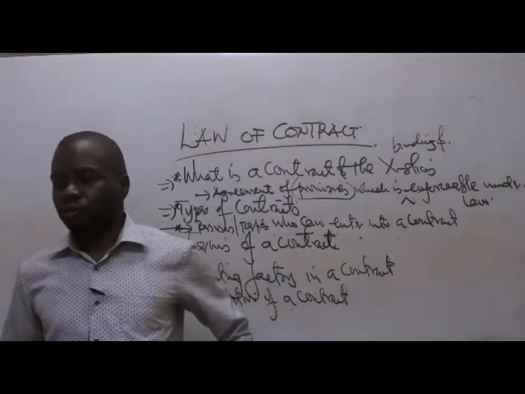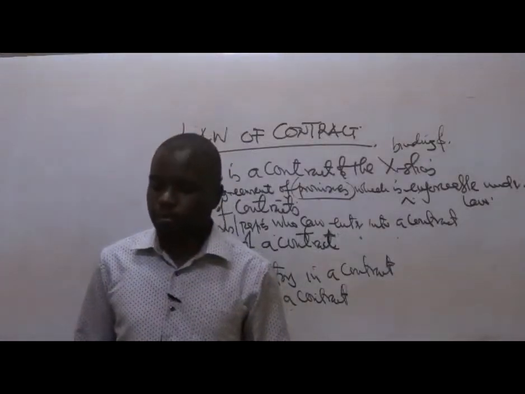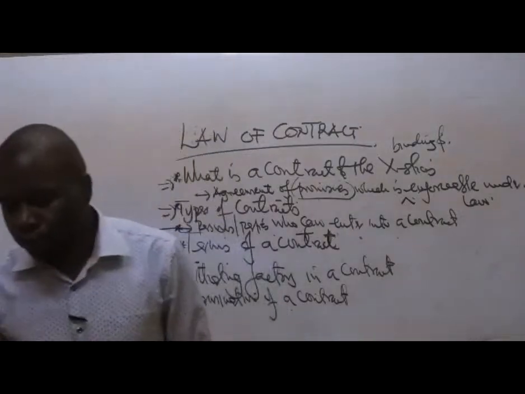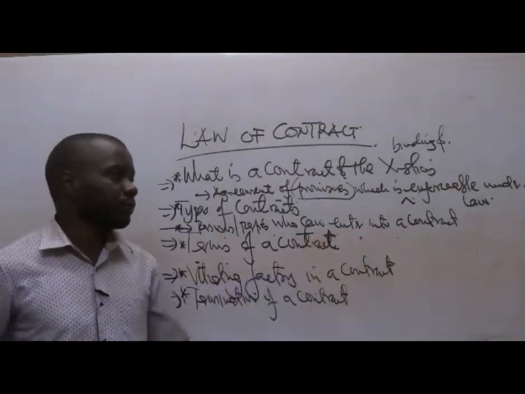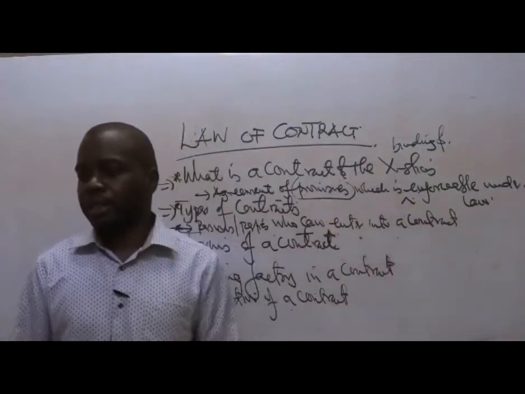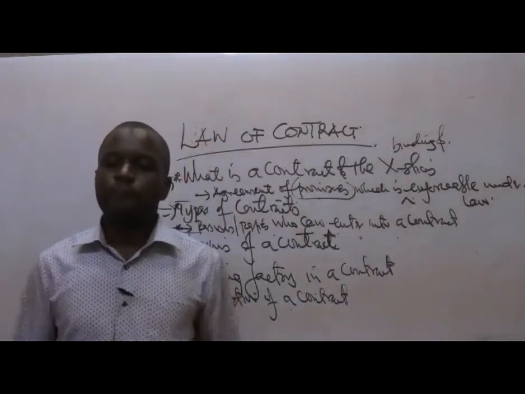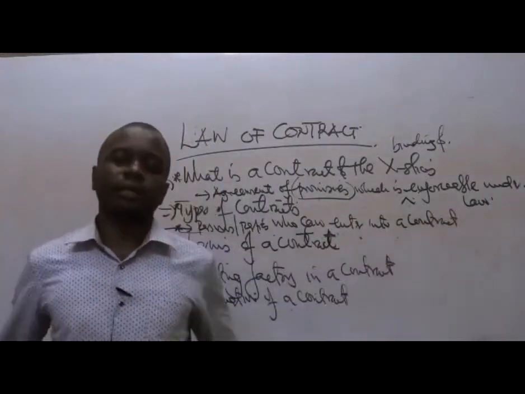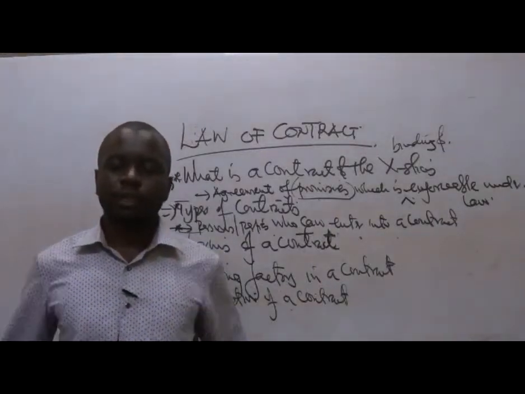So when you talk about a contract, it is simply an agreement of promises that are supposed to be fulfilled by certain parties under that particular agreement. And of course, it is enforceable under the law. This simply means that if one of the parties fails, it can be enforced under the law. So since you paid for the whole semester's fee, you can compel the teacher. You can take certain actions against the teacher for failure to fulfill his promise of teaching this particular unit up to the end.